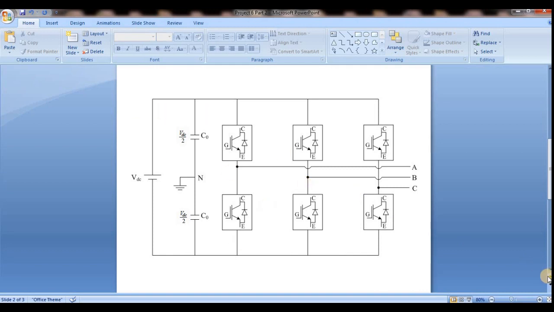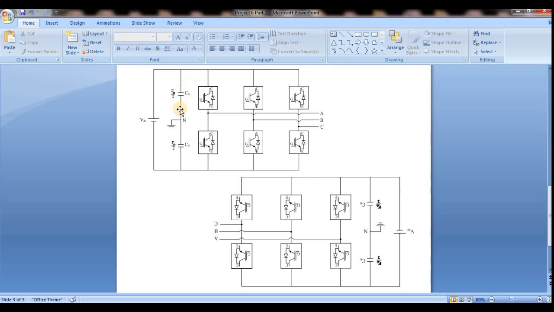So this is a basic circuit, and see, this is the same circuit, the same three-phase inverter, and this one I rotated. I flipped it. This is now my AC voltage, and this is my DC voltage. So it is clearly showing that both circuits are the same thing, but only we are rotating.